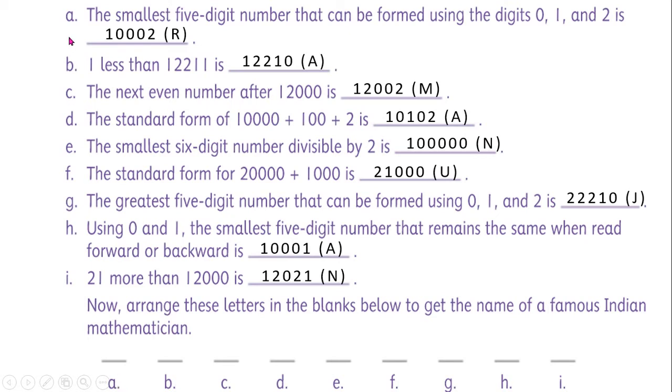So A, the alphabet in the sentence A is R. We will write R here. And then for B, the letter we have is A. We have written A here. And for C we have M. Let us write M here. And similarly, if you observe the letter at the end of each of the sentences, and go on filling these blanks, let us see what we get after filling these according to the question alphabet.